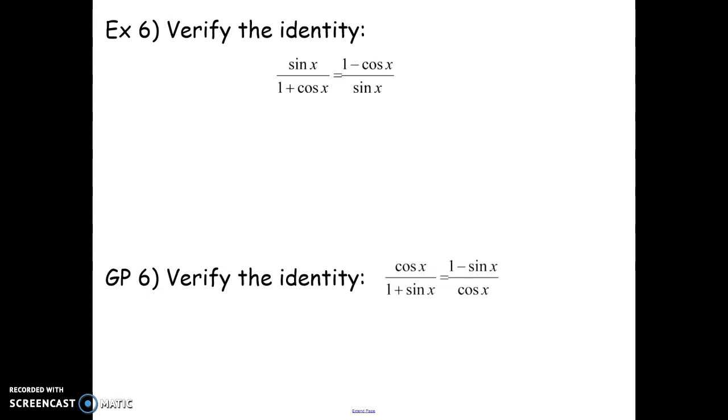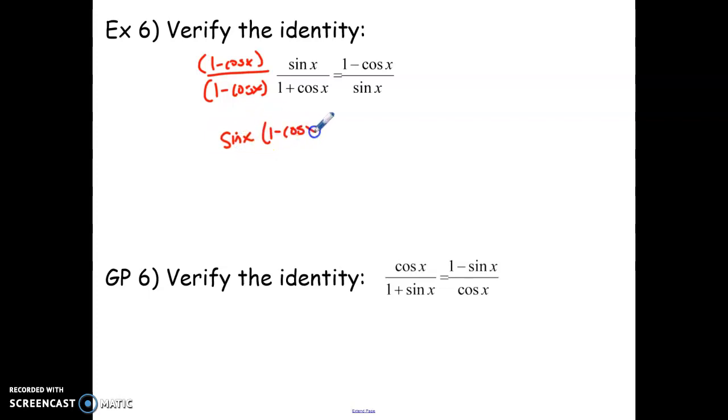Okay, next one, you have a couple options here. I'm actually going to, I want sine in the denominator, so let's see how we can do this. What if we multiply by 1 minus cosine of x over 1 minus cosine of x? The reason I want to do that is because if I multiply this out, these are conjugates, so I end up getting